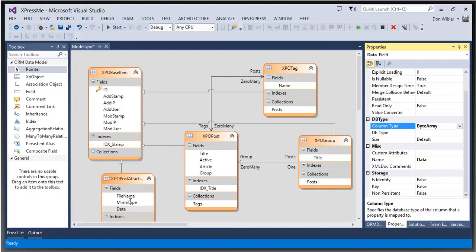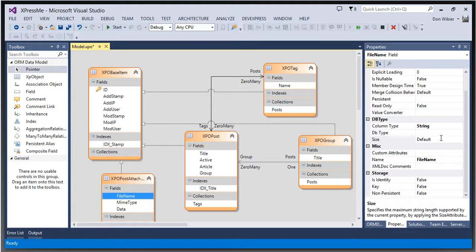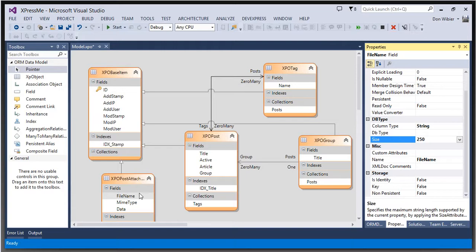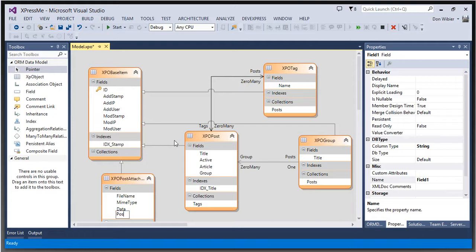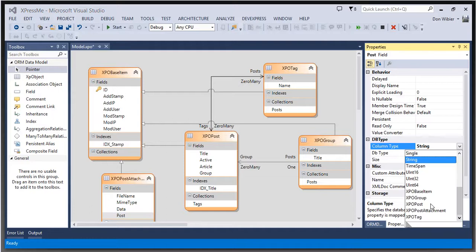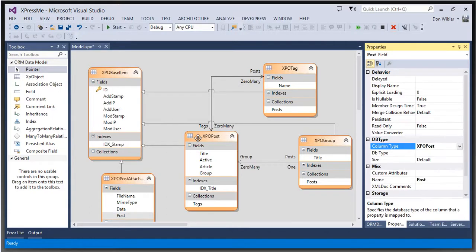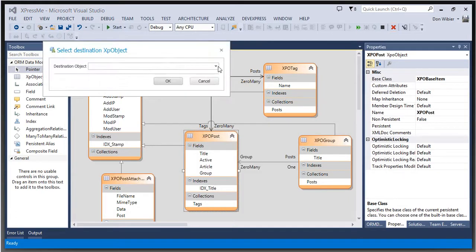The MIME type, I will change it quickly to 50 characters. File name, well, I wouldn't go this far, but I'm going to put in 250 anyway. And I'm going to need a relationship between the post and the attachments, so I'm going to add another field called post, which will be of the type XPO post, which is here, where I now can say give me a one-to-many relationship. I'll pick the post attachment,